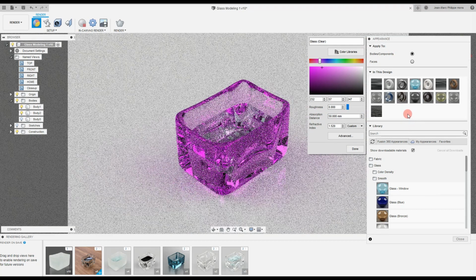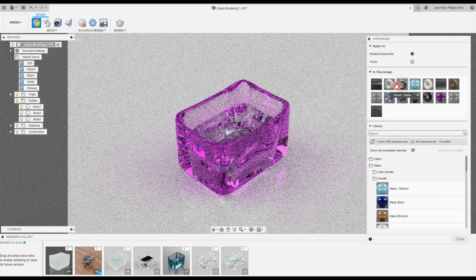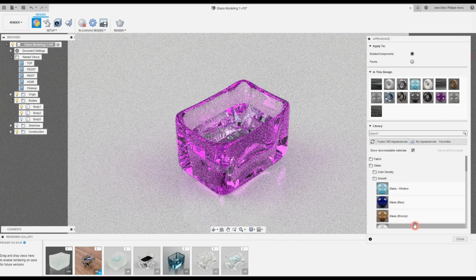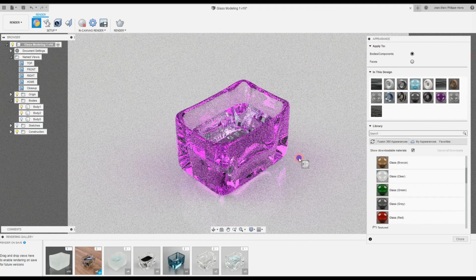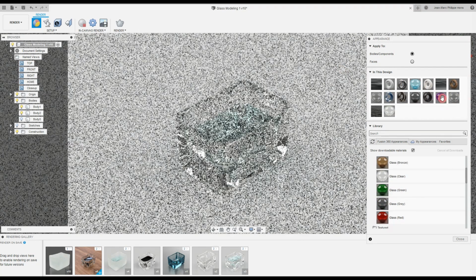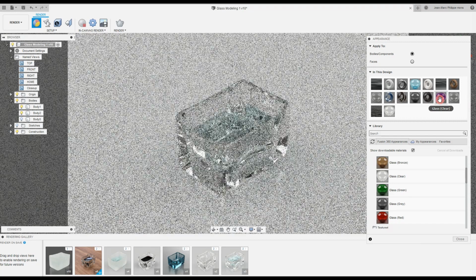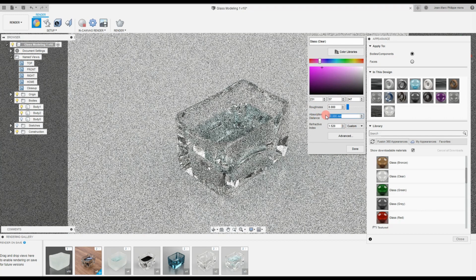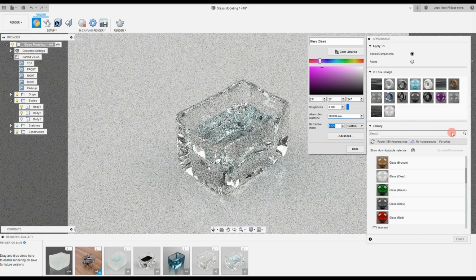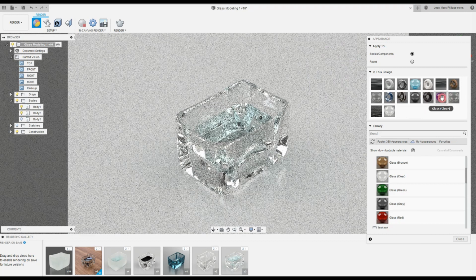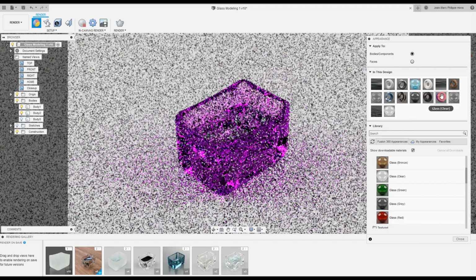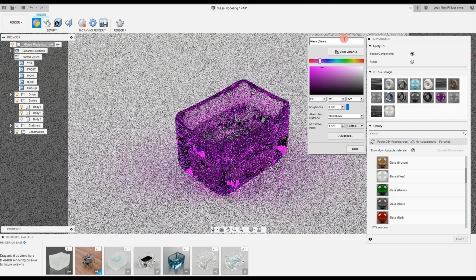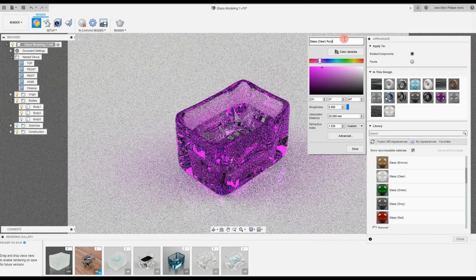Okay, so let me reapply the clear glass. Let me go back here into glass, clear glass, switch back. Whenever you do a modification, let's say you go to that purple glass we just created, you find it awesome, 20 millimeters, and you want to keep it. Say, hey, that's cool, I want to keep it. Okay, double click on it, change its name, clear purple,